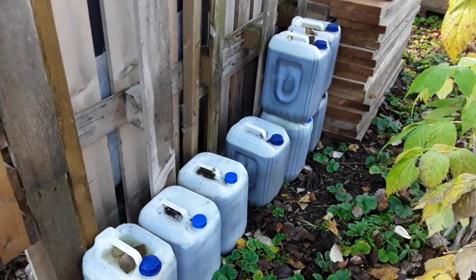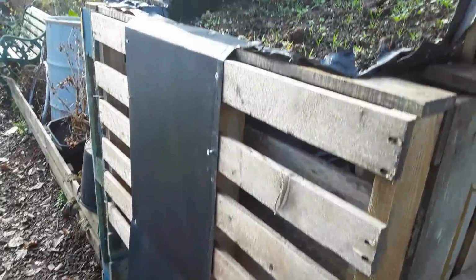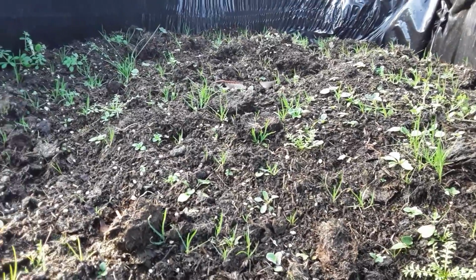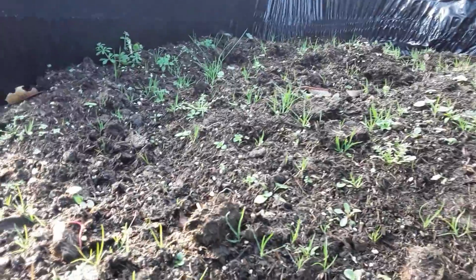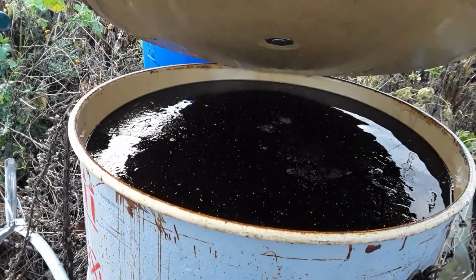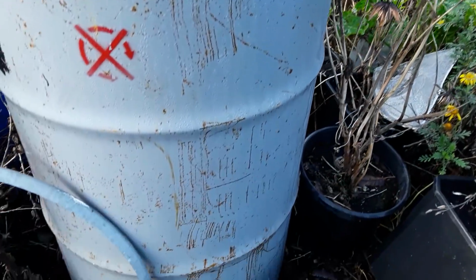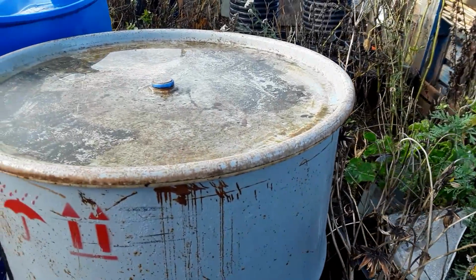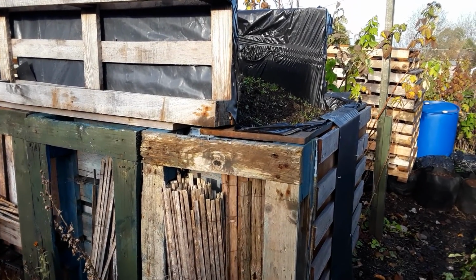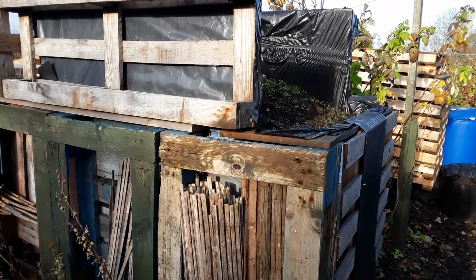Now this manure runoff bin, that's the strong stuff. That's what we got early on, and it's been producing really well. And considering how long it's been there, there's not too many weeds. It's a little bit hard at the moment because of the frost that we've had overnight, and all the liquid runoff has gone into that 45-gallon drum. I believe I called it a 450-gallon drum once before, but it's just one of those steel barrels. So that steel barrel, we've had that much runoff from that, I would say 1.5 cubic meters of horse manure, which again will be spread on the beds